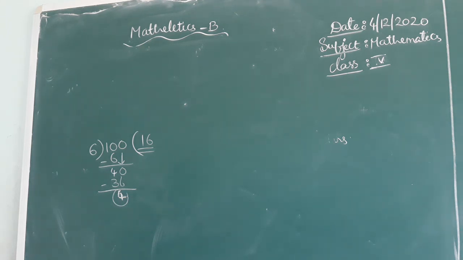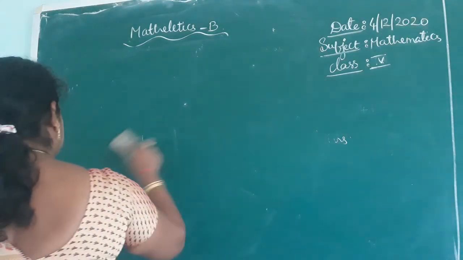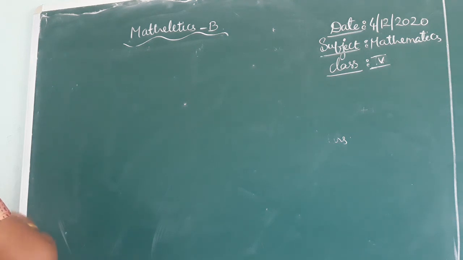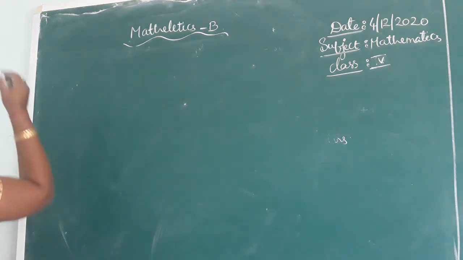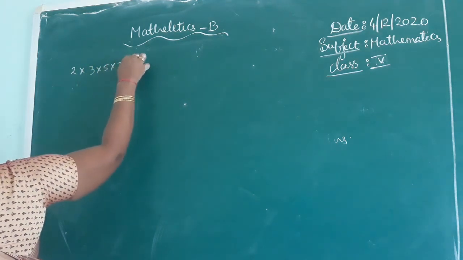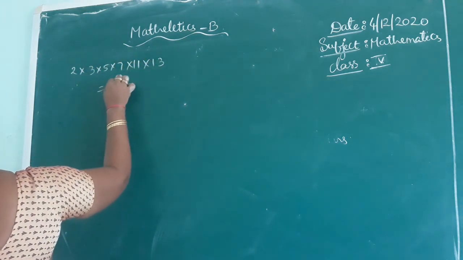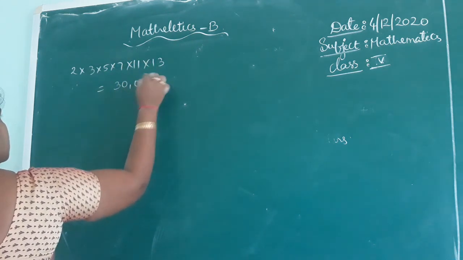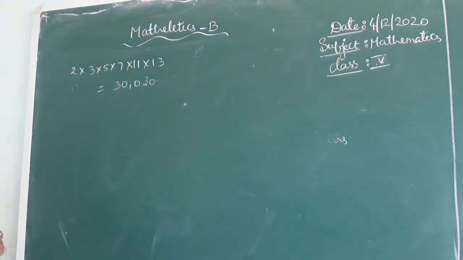Find the smallest number which has 1 in itself, and the first 6 prime numbers as its factors. We should get that number by multiplying the first 6 prime numbers. Those numbers are 2 into 3 into 5 into 7 into 11 into 13. If you multiply these numbers, you will get 30,030. So this is the smallest number which is divisible by the first 6 prime numbers.